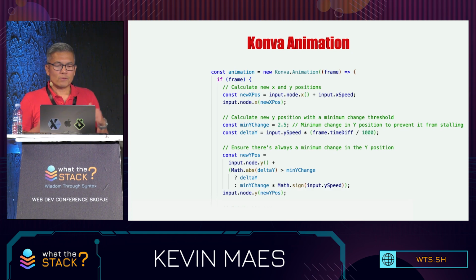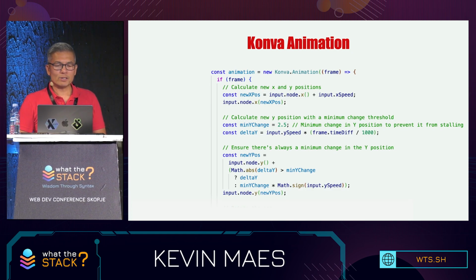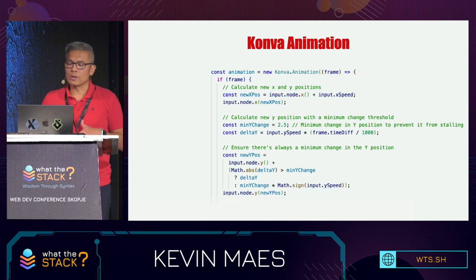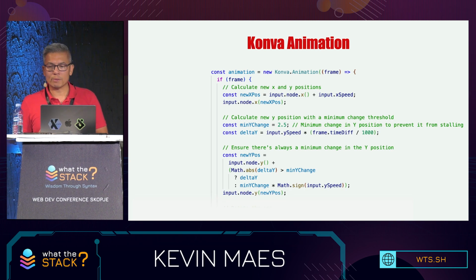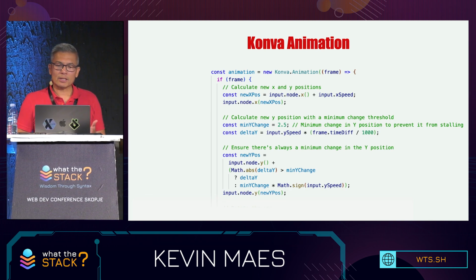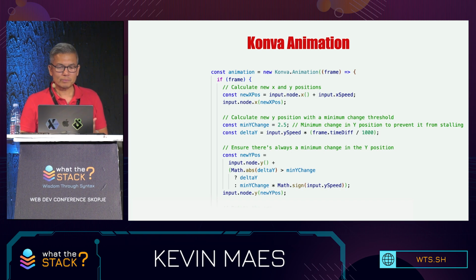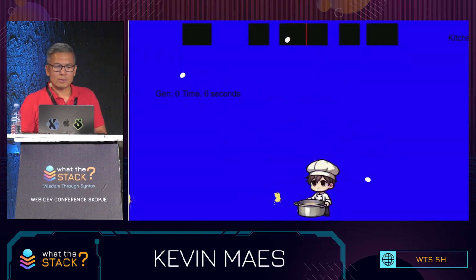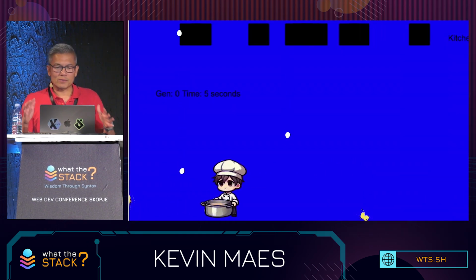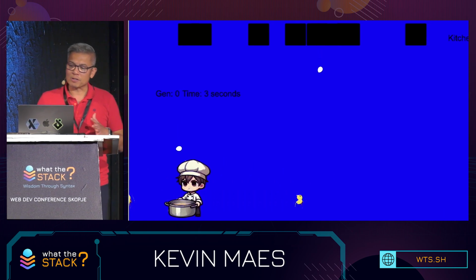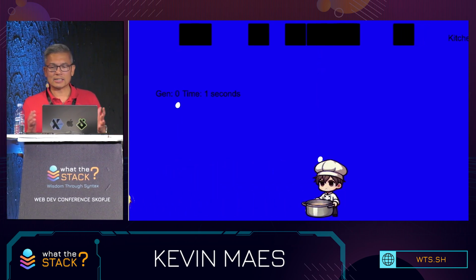Okay, so for this, we can no longer use a Canva tween. We need to move on to a Canva animation, which gives you greater control for every frame of the running animation. And we can calculate positions that go beyond setting a target and duration for the tween. Okay, in order to move around, this chef has to pick up his feet a bit, but he knows it's worth it because now we're keeping track of how many eggs he's caught in each round.